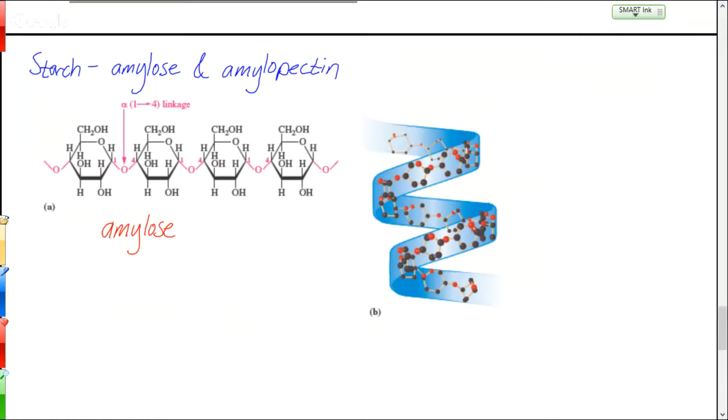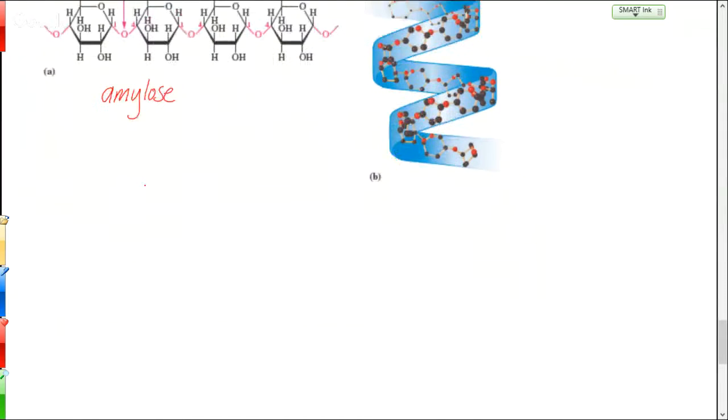So this is a major component of what we call starch. So when you talk about cornstarch or potato starch, when you look at rice, other kinds of foods like that, wheat, those types of starches are made of a lot of amylose. And then similar to amylose is amylopectin,